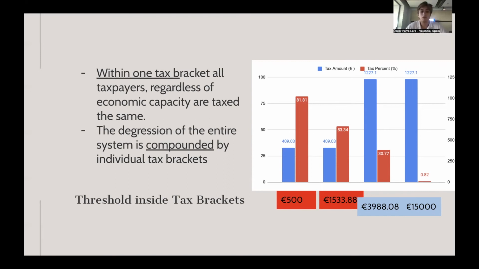So it would not be appropriate and would not follow the economic capacity principle. Therefore, although the administrative simplification can be a justification, it does not fit, because if you did the same tax brackets in a progressive style instead of a degressive style, it would still achieve the same goals of administrative simplification, yet it wouldn't breach the economic capacity principle. And thus the courts found that this was not a valid justification.